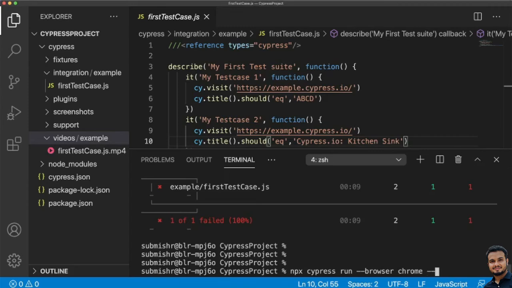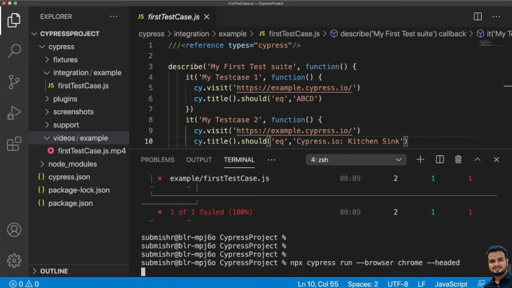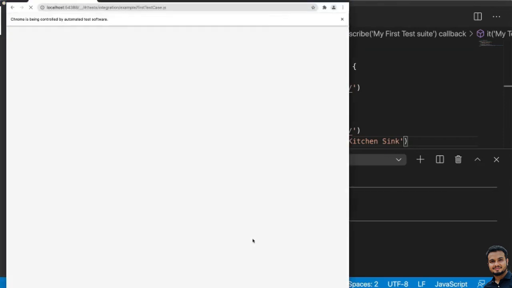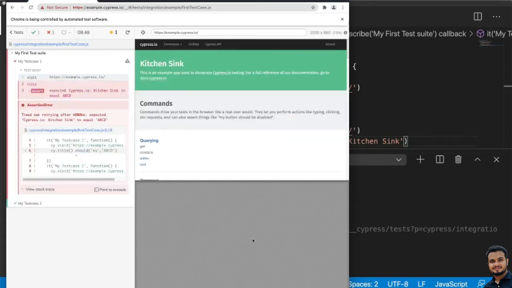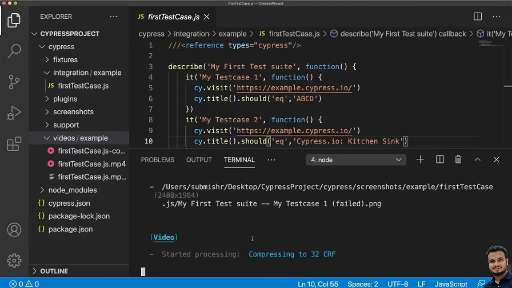That is something we should know. So, just write npx cypress run --browser chrome, then you write --headed. Okay. Do not worry about these commands, I will give you all these commands in the description. So, you just understand what we are doing, right. Let me execute this. So, now it should not use the headless mode. See, browser is launched and we can see the execution is happening. Okay. So, now you are seeing how we can execute all these things from our terminal.